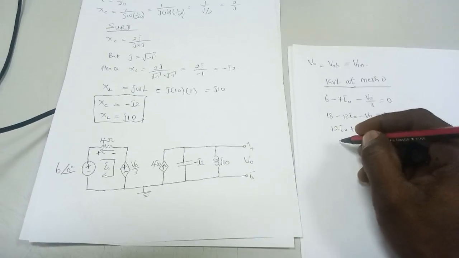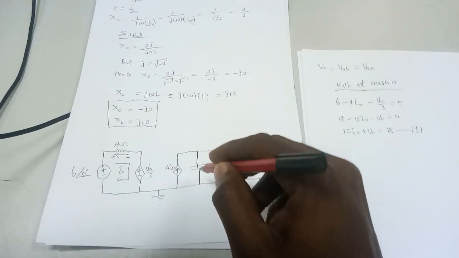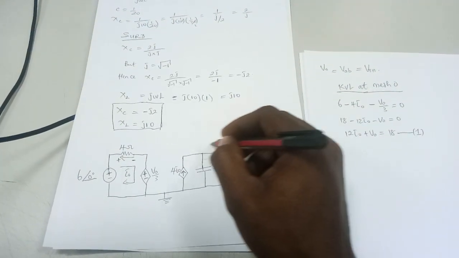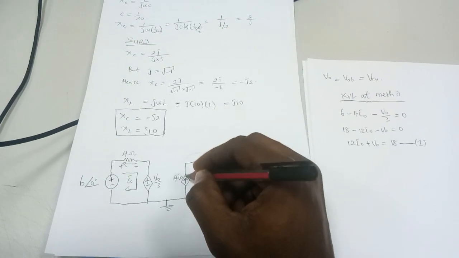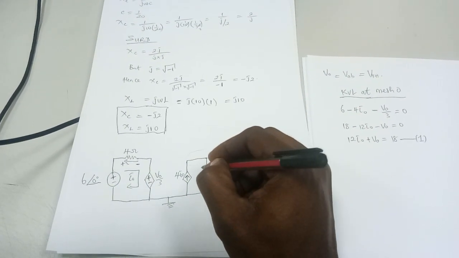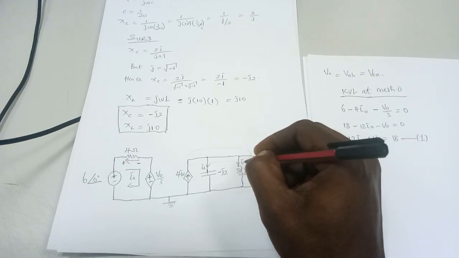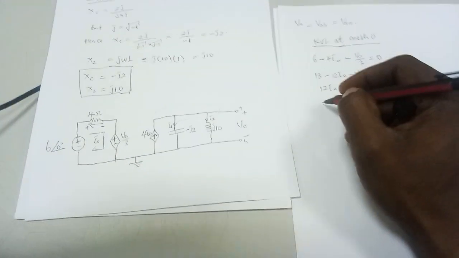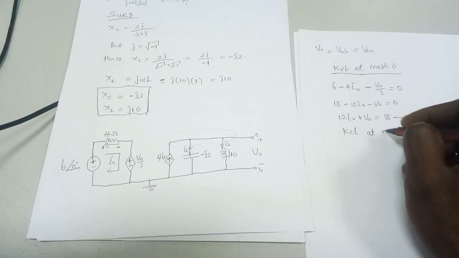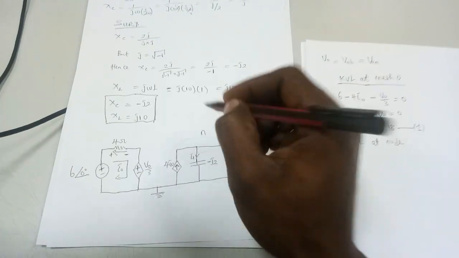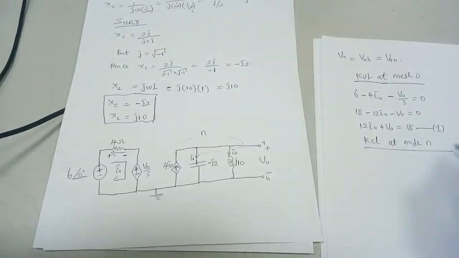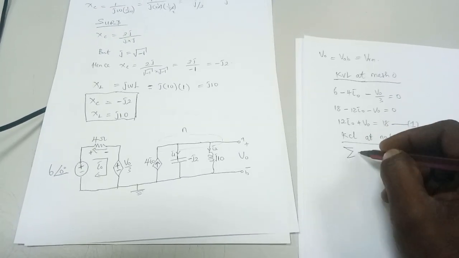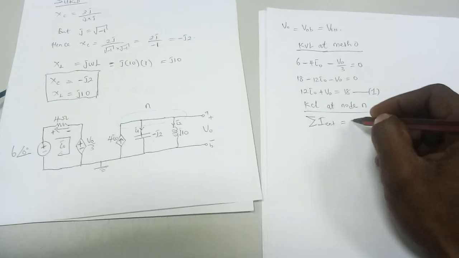Next, we consider the output. When you look at this output, this is an entire node, all of this is one node. So when this current enters this node, it's going to split. Part of it will go here, I1, part of it will go here, I2. There's no current flowing here because this is an open circuit. So when you look at KCL at node, let's call this node N. At node N, current entering the node, KCL states that Kirchhoff's current law states that the sum of current entering a node equals the sum of current